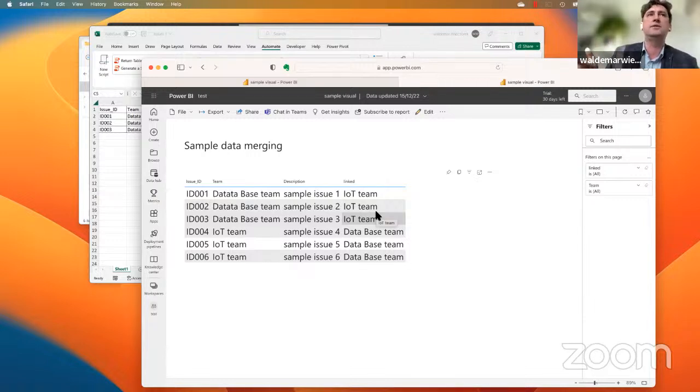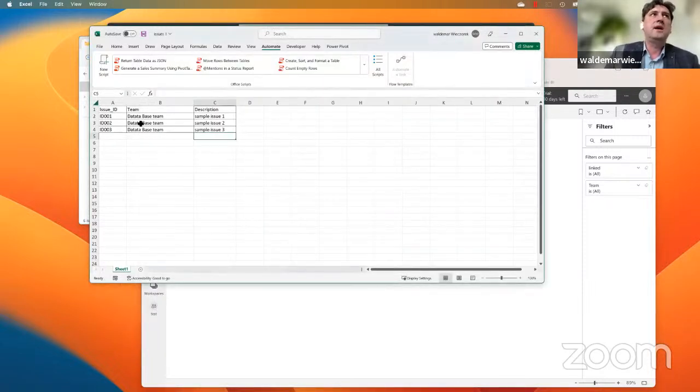Imagine that for some reason it's difficult to make them work together, because it's a theoretical example, because I want to have only two teams. And of course, the database team creates some issues, and they know that these issues affect the IoT team, and the same thing is reversed.